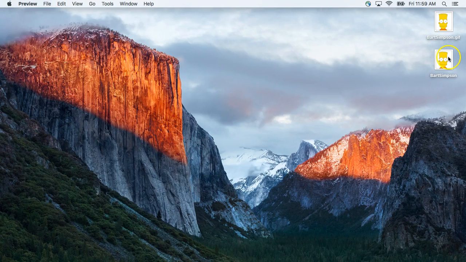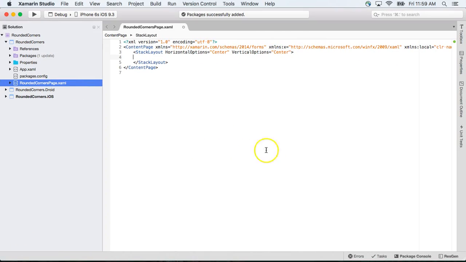So if I look on my desktop, I've got one with a GIF. I'm going to delete the GIF. And I've got one without the extension, which is the PNG. So that's what I want to add into this. So in the iOS version, in order to add that image in, that's going to go